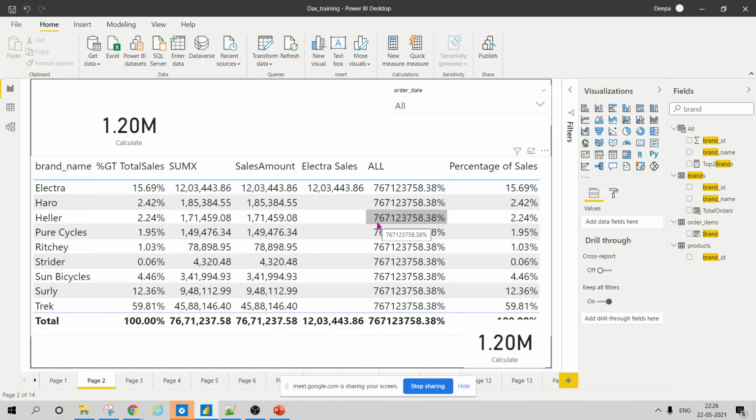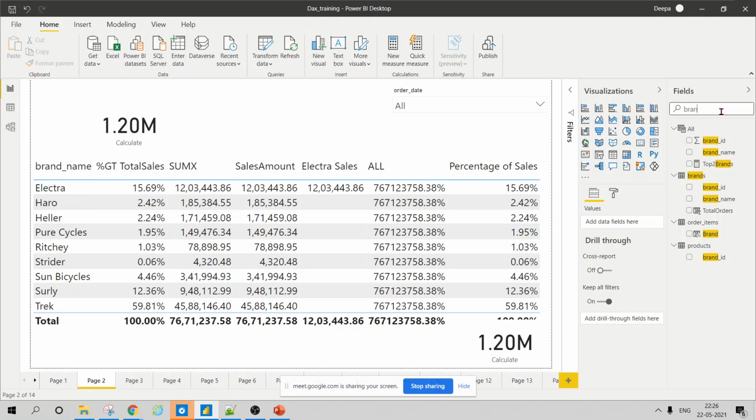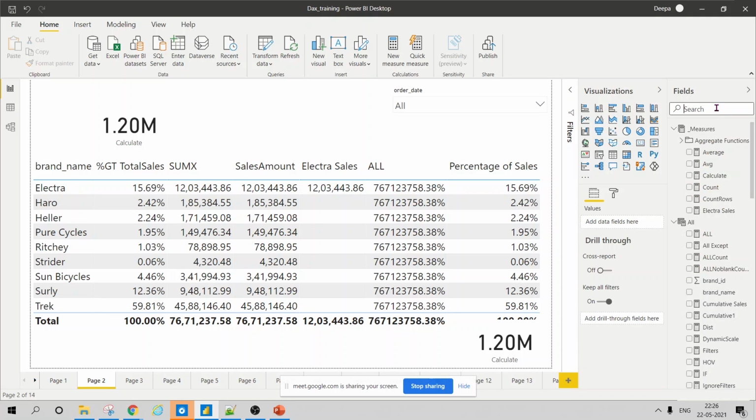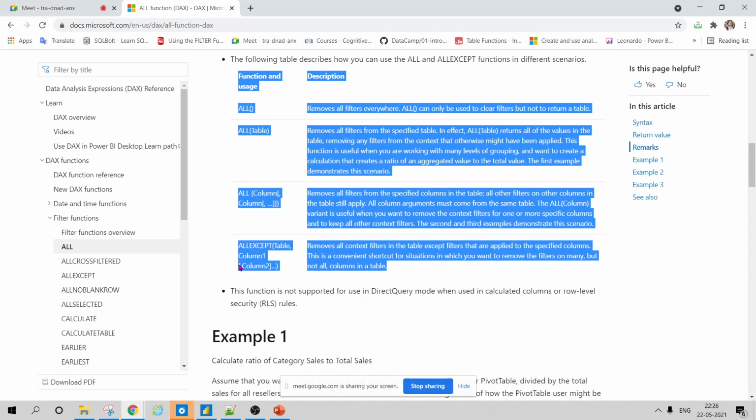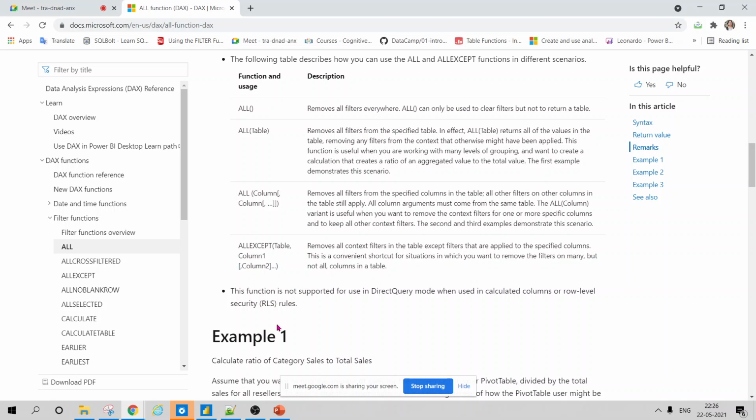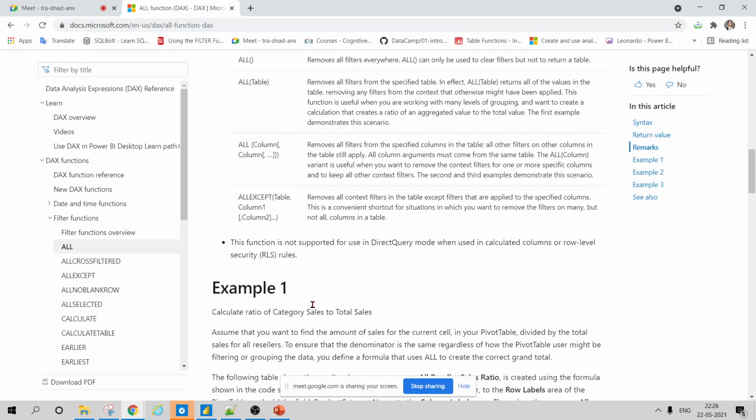So in that case, I started reckoning on what should be done and how it should be applied. I knew all the functions, but I didn't use it because at that time it was not required. But when I used it, obviously it helped me a lot.